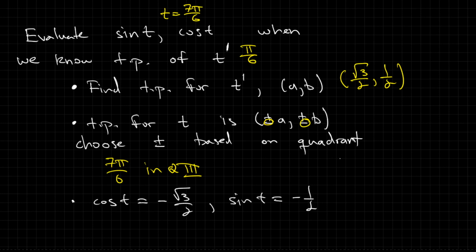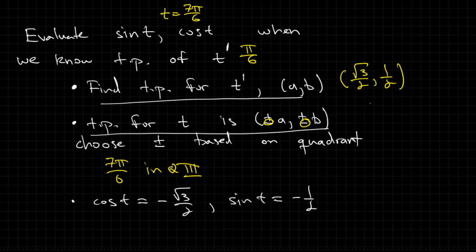This general strategy of finding the terminal point for t prime, then using the fact that the terminal point for t is the same, almost up to a plus or minus sign, as the terminal point for t prime, and then finally using the fact that cosine of t is the x coordinate and sine of t is the y coordinate for the terminal point, will always work as long as you know what the terminal point for the reference angle is. So the previous method works